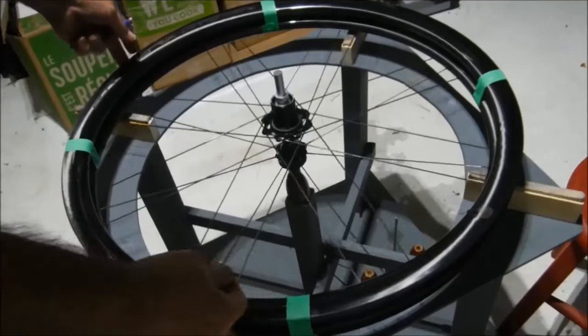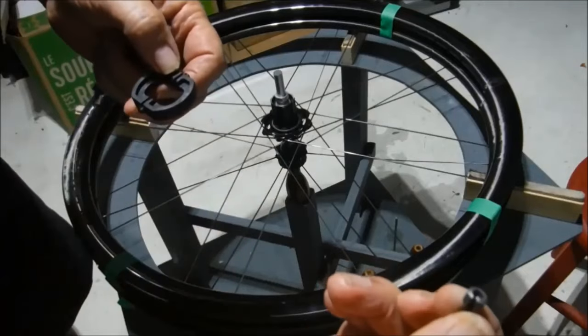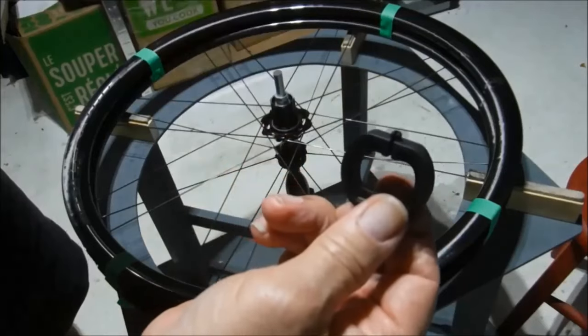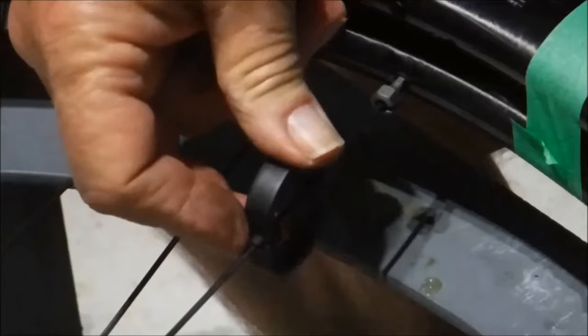All right, so from here it's just a regular rim swap. The tools that we have, of course, the Torx nipple bit, and this is a spoke holder, and I'll show you how that works. Hopefully the lighting will allow you to see this. I put the Torx bit into the nipple, and then we hold the spoke with the spoke holder, and that little nub goes right into the bit, and then we just unscrew the nipple with our 8mm wrench